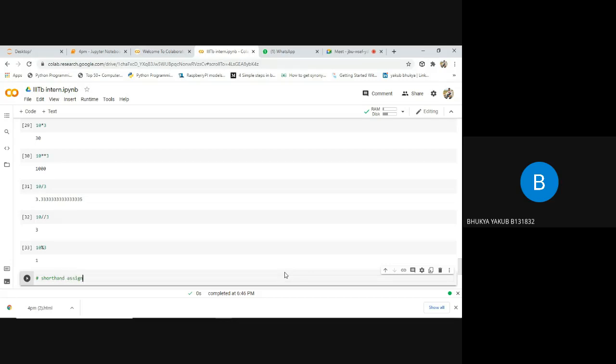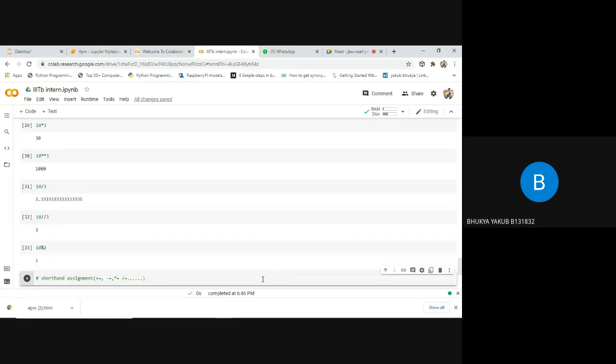These are assignment operators only. It is not different operators. We'll be having shorthand assignment operators. So coming to these shorthand assignment operators, here we'll be having plus equals to. Remember guys, for all the arithmetic operators, if we add equals to symbol, that is said to be a shorthand assignment operator.